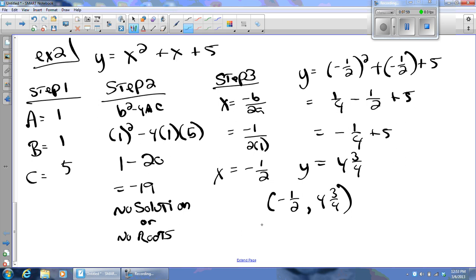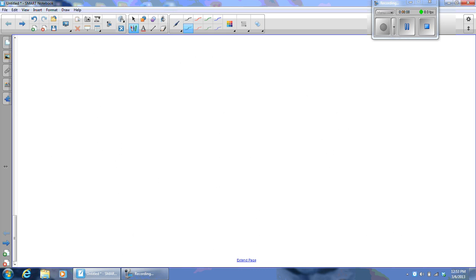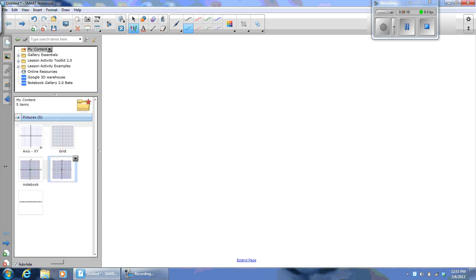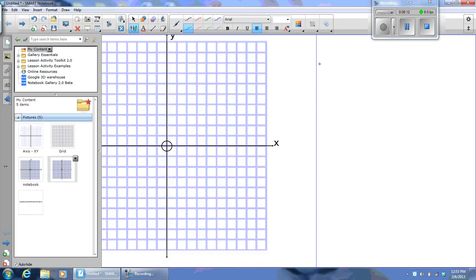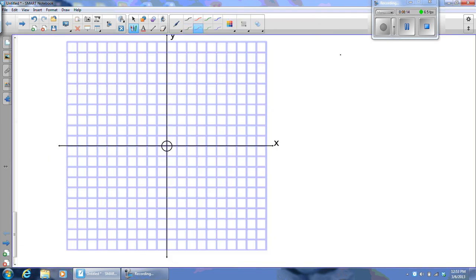Okay, now I am not going to look for the roots. I'm not going to use the quadratic formula. Why not? Because there are no roots. I'll get a negative under the radical. So I'm going to go ahead and plot my vertex. And what was that at? Negative 1/2, and then 4 3/4. 1, 2, 3, 4, and 3/4 would be right about there. I'm going to go ahead and label that because it might be hard for somebody to tell exactly what point it is. Now, how am I going to get